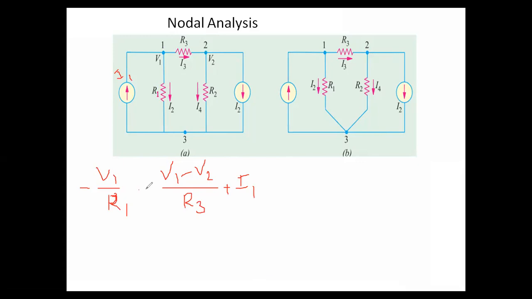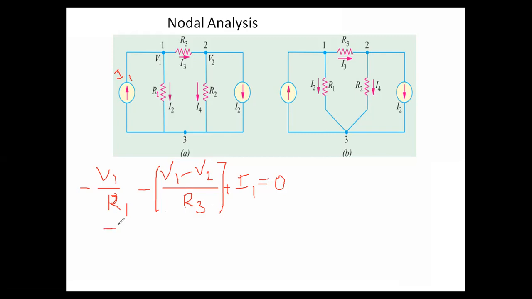Okay, so that is a plus sign. This is the minus, because this is the outgoing current. Because this is the outgoing current, this is the minus, and this is the incoming current, so this is plus. Okay, and that is equal to 0. So incoming currents equal outgoing currents. That is simply it. From this we can find out V1 and V2.